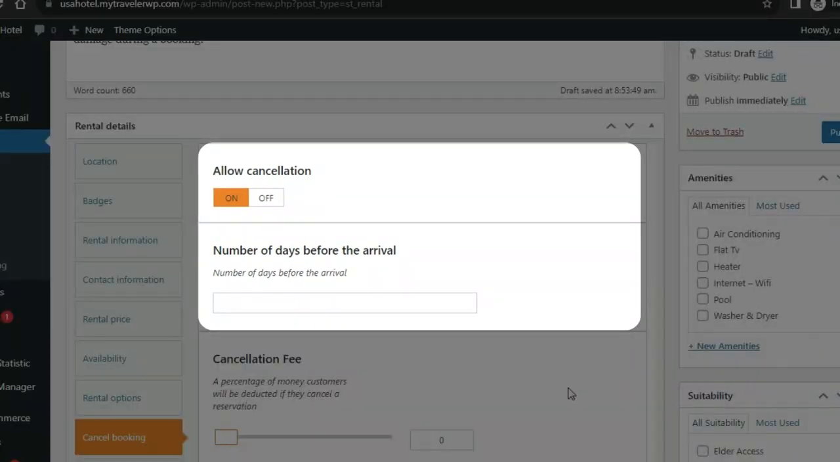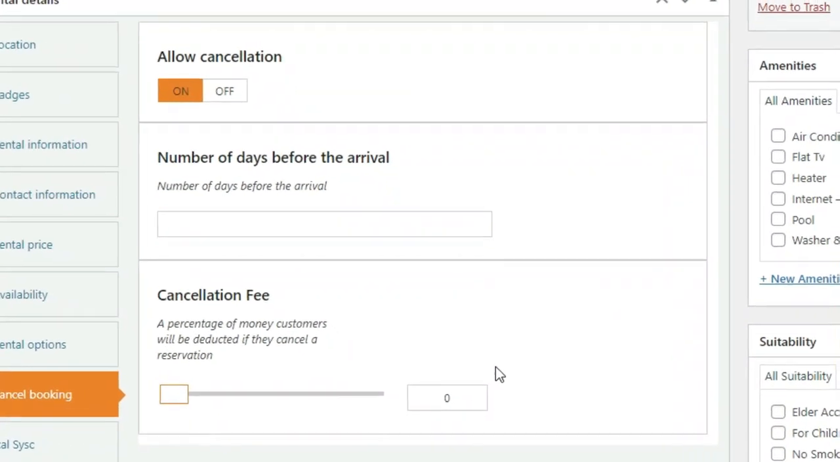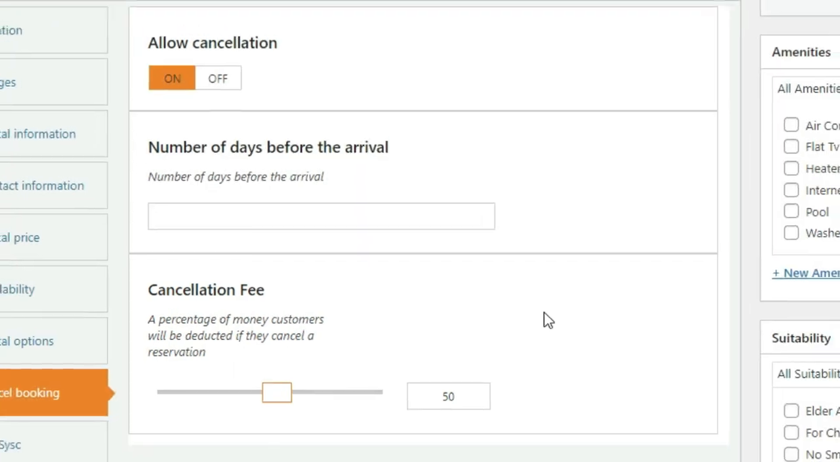You can also set a specific number of days within which customers can cancel their booking before their scheduled arrival or check-in date. If you leave this field blank, customers can cancel at any time, even on the day of check-in. The cancellation fee represents the percentage of money that would be deducted from a customer's booking refund. For example, if you set a 50% cancellation fee, it means customers would lose half of the total booking cost